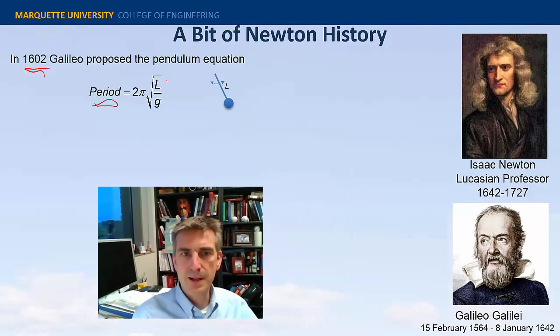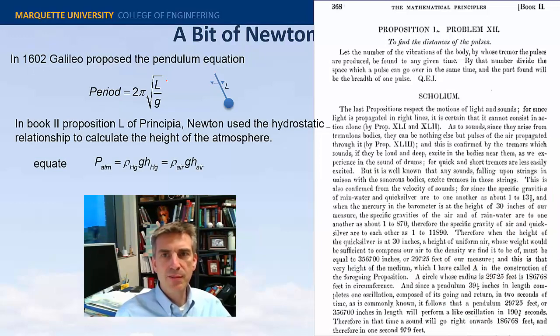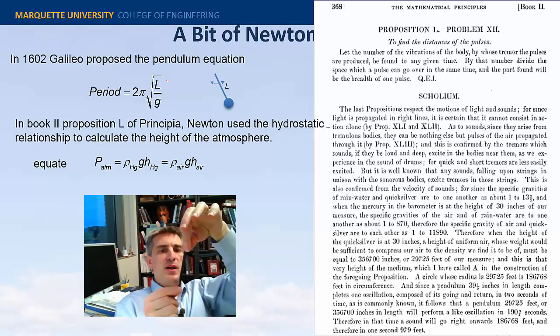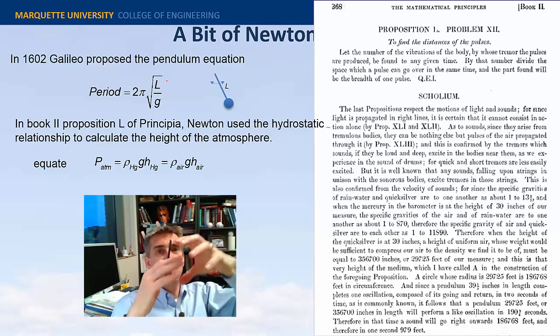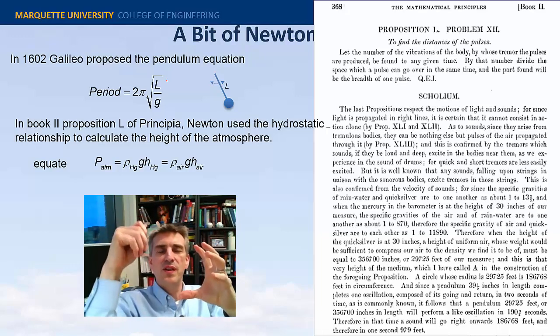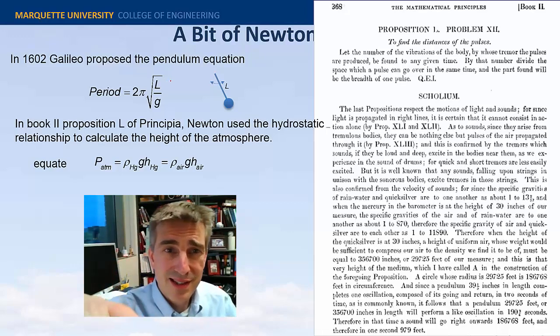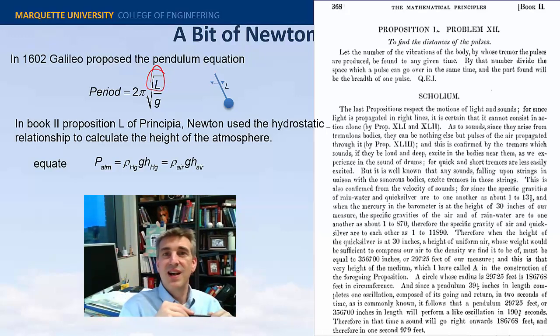equation developed by Galileo. Now Newton came along and said, you know what, I can use this to calculate the sound speed in air. I'll assume that a perturbation or a disturbance is like a pendulum swinging, that the sound is like a pendulum swinging. How long should the pendulum be? Well, it should be as big as the atmosphere, however tall the Earth's atmosphere is. So he needed to calculate this length L. And he did that by using hydrostatics, which was also known at the time. This was a Greek thing, right? Archimedes had developed